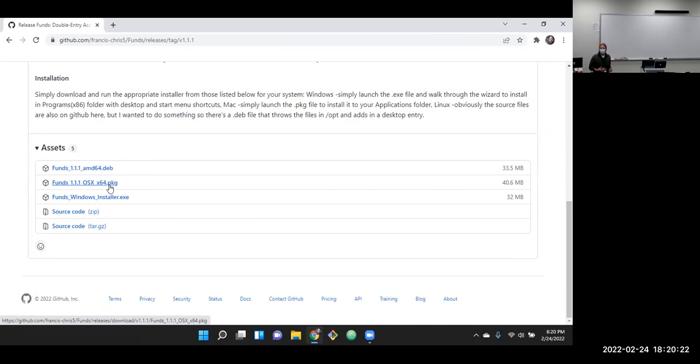So when one of these installers runs, I did a .deb file. That's an installer for Linux, but Linux users would never use an installer. I always just make those so that Linux users know that I did test on a Linux system. Linux users want the source code. But all of those, when it goes to install on a computer, need to make sure the proper version of Java is running.